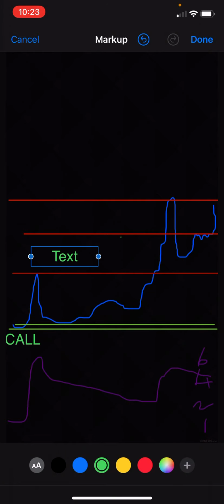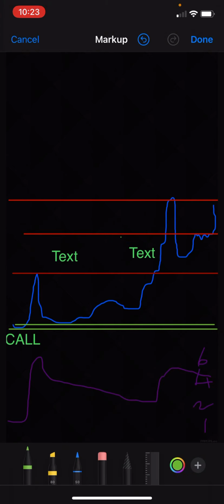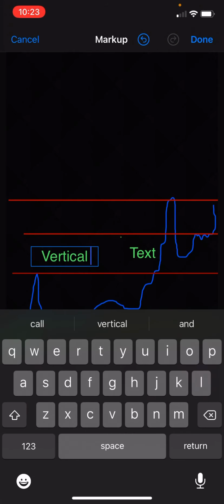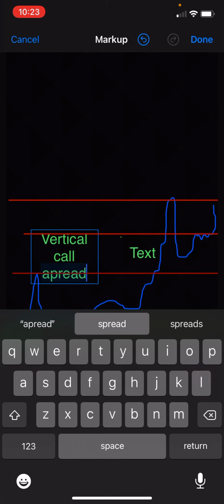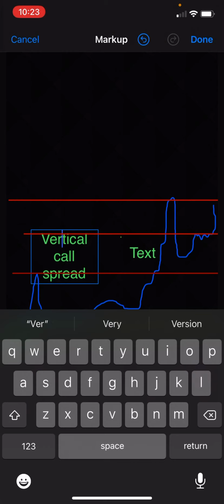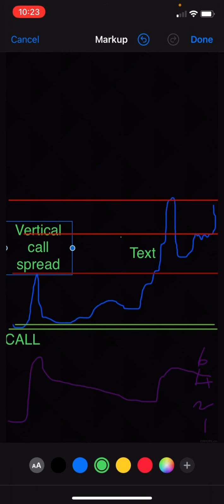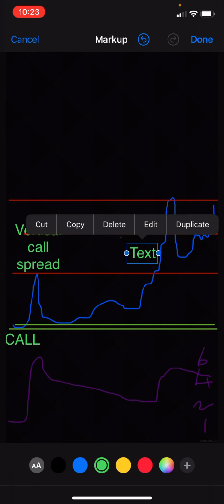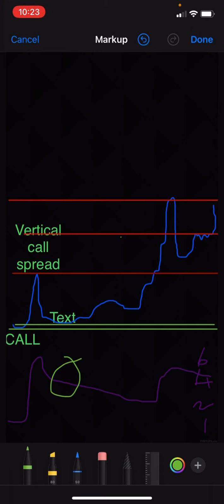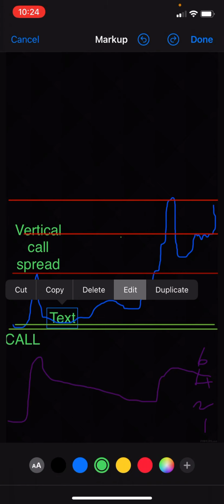Okay? So, wait, I got to change that text up. Vertical call spread at the peak. Okay. Vertical call spread at the peak, when it reaches a higher low, and it's still high on implied volatility because we're down here. All right. So it's still high implied volatility. What I'm going to do, I'm going to get